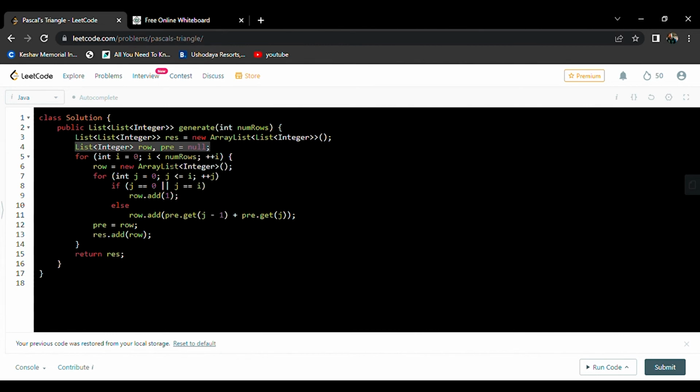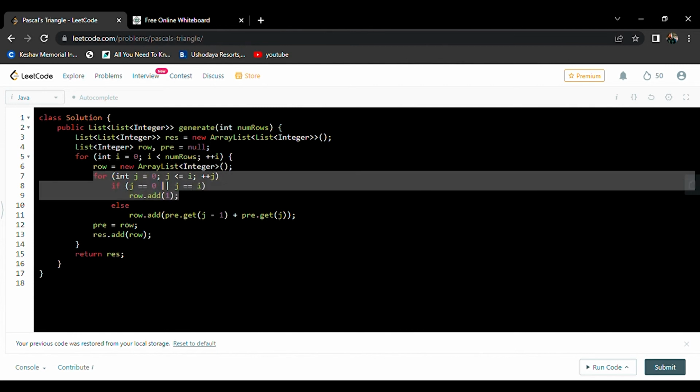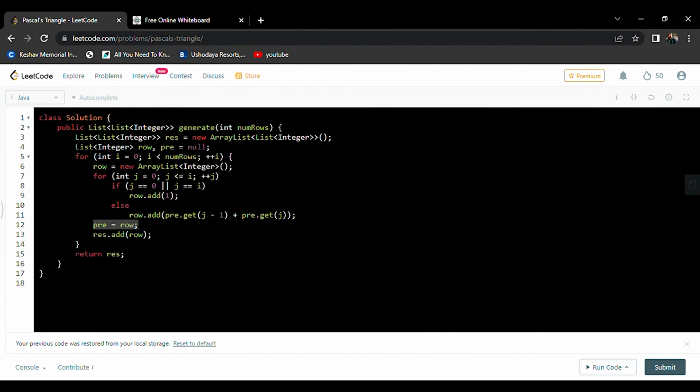Now we need to add 1 to the 0th position and last position of a row, and we will initialize prev with the value of row. After that, the values of row will be added to resultant, and all the elements will be added to resultant after the iteration. And after each iteration,